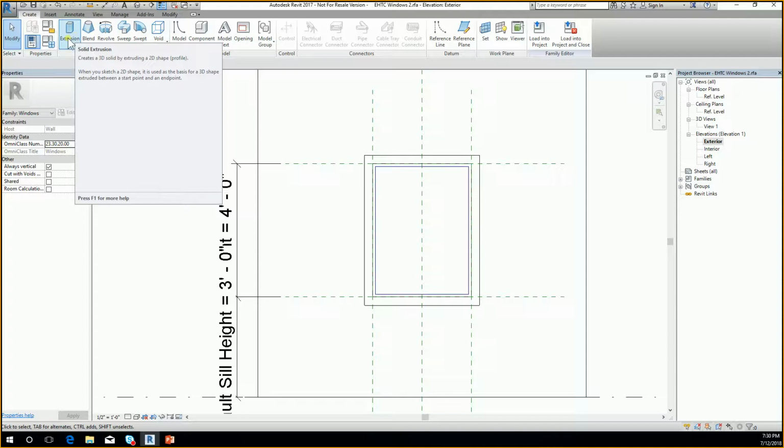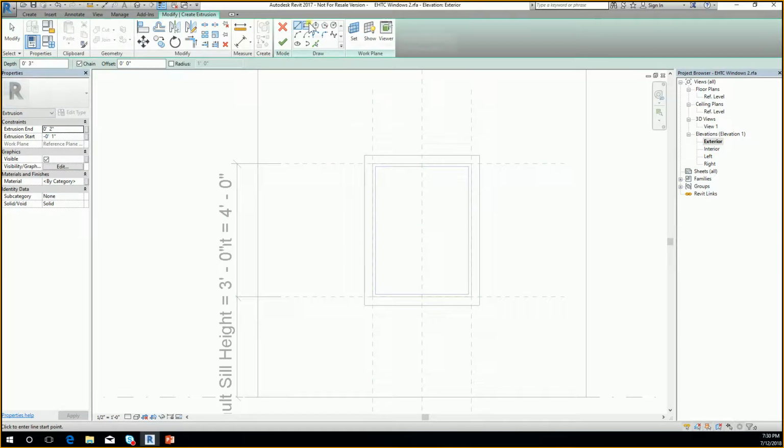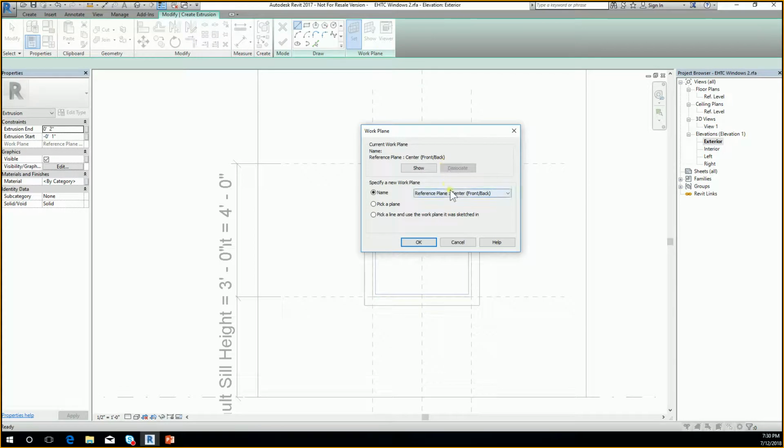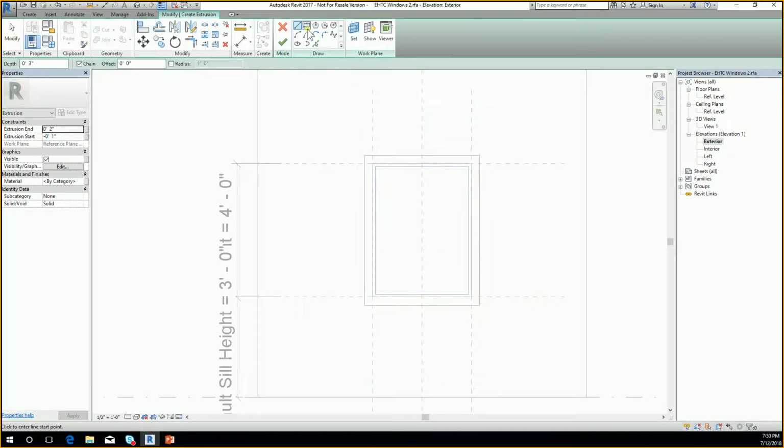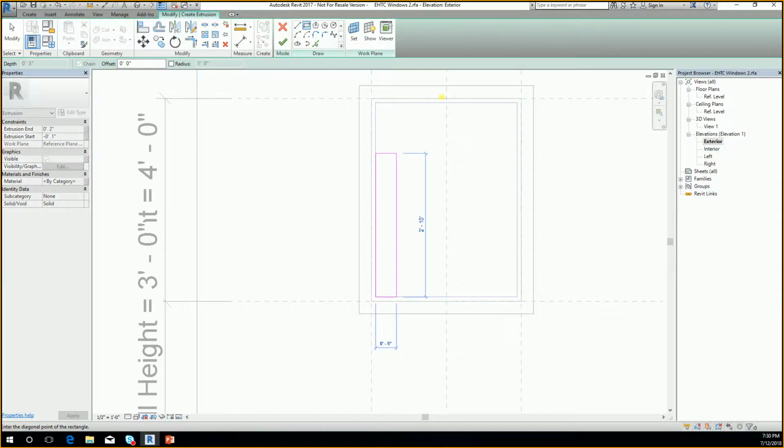So the easiest command to use is a solid extrusion. So I come here again, and I basically do the same thing I did before. The work plane should already be reference plane, centered front to back, so I don't need to change that. I'm going to sketch the glass,